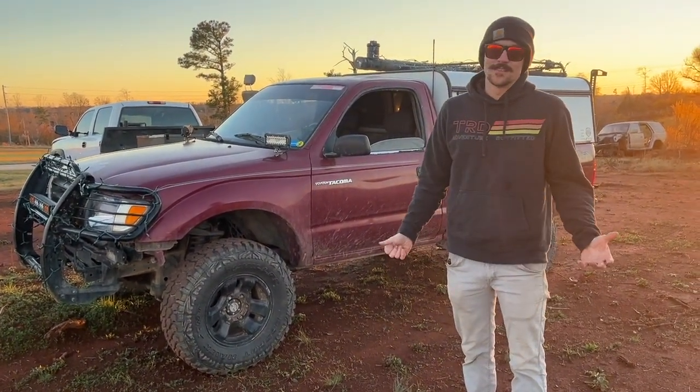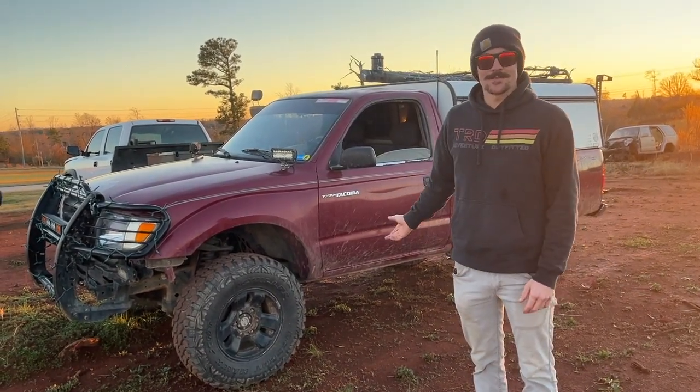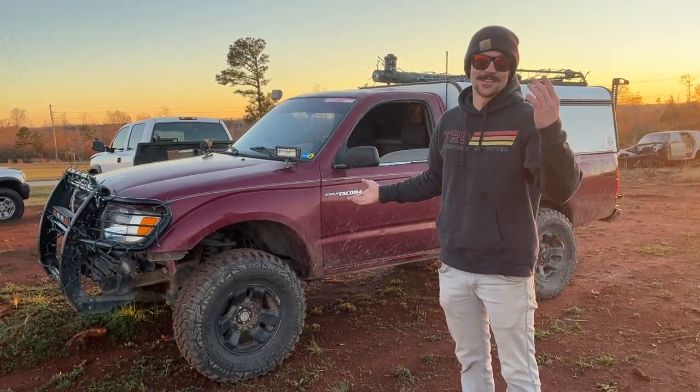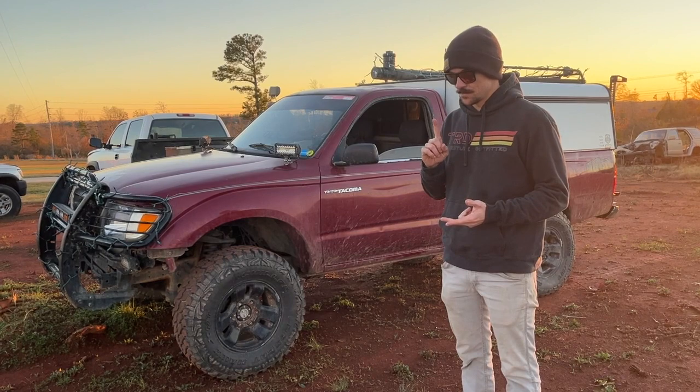So rather than pull the whole thing apart and attempt a rebuild, I just decided to buy a new rack and pinion, and that's what I did. It sat in my garage for about 6 months, and I finally got it installed with the help of Alec. So it's got a new rack and pinion, new steering